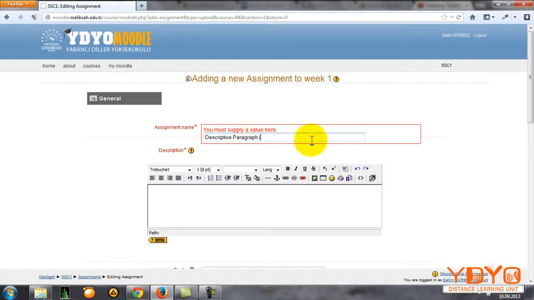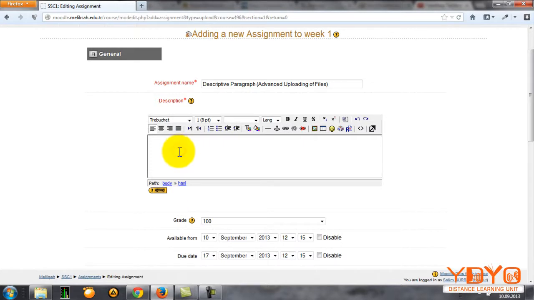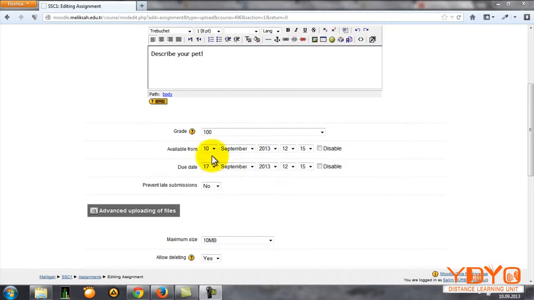And for you to see what type of assignment this is, I will note down that this was advanced uploading of files option. You will have to put a description here. Describe your pet. The grade is usually over 100, and here you determine how long this assignment will be online on your